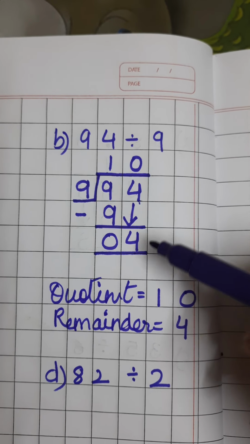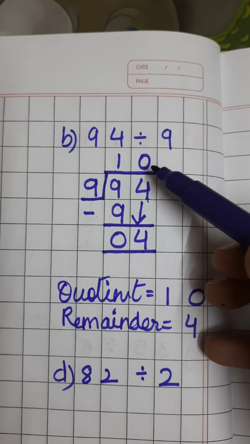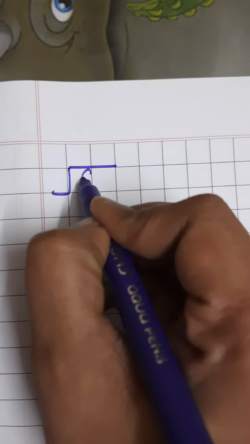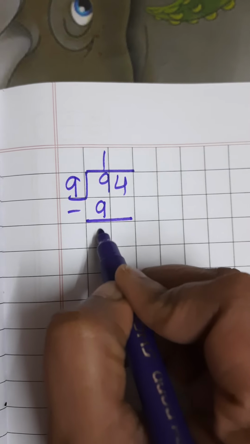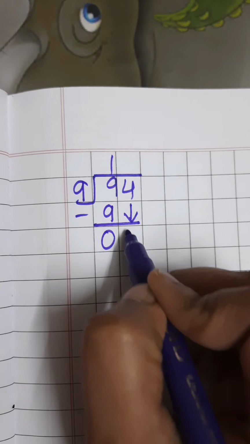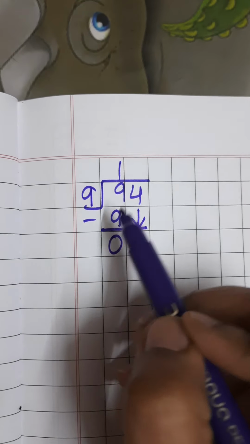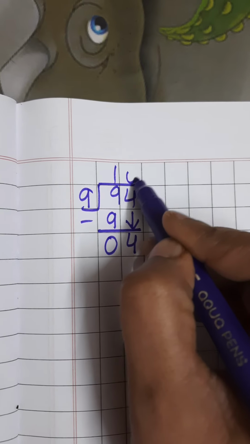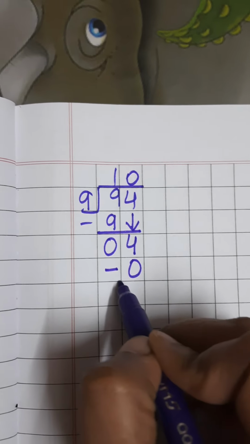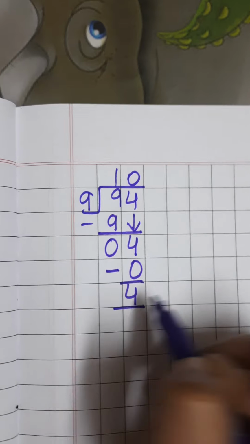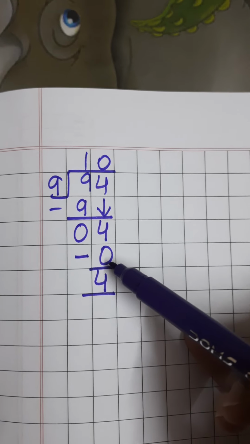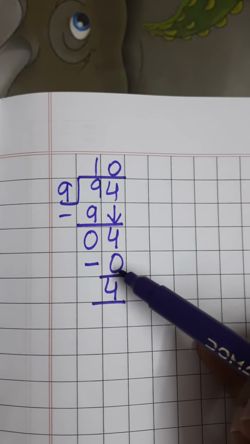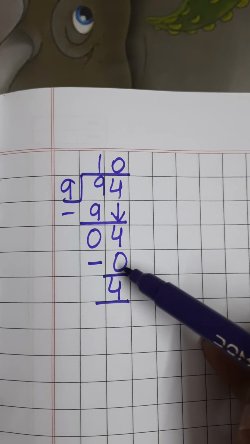Kids, let me just tell you that this is a shortcut. Giving 0 marks is a shortcut. Otherwise, let me just explain what the whole process is. If it is 94, 9 ones are 9, which gives 0, right? And we bring down 4. It is 9 ones are 9, but we also have 9 zeros are 0 that is subtracted from 4, and 4 is my remainder.